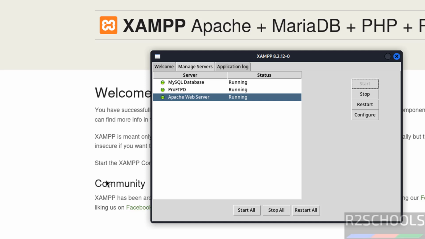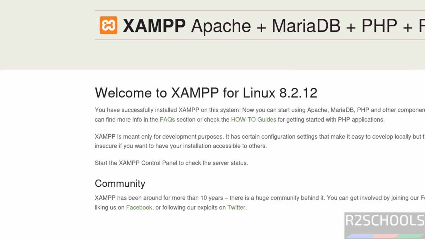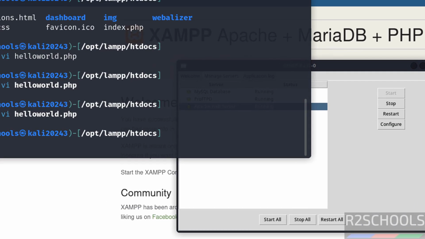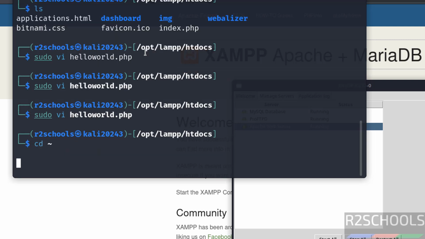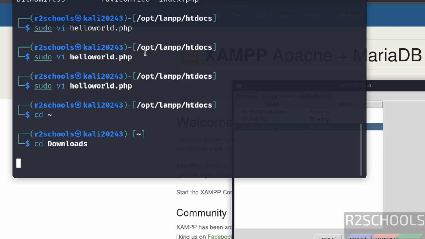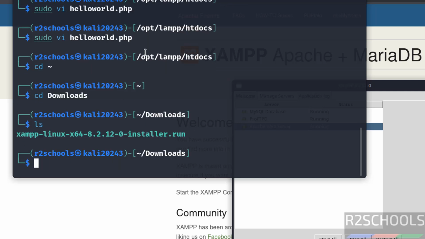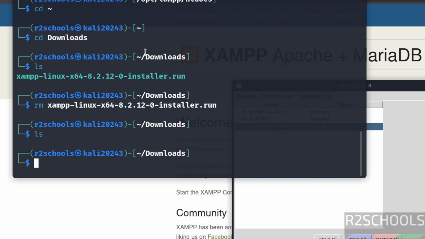Okay, so after this, go to terminal, go to the downloads directory, cd Downloads, ls, and remove this XAMPP run file, it is not required anymore. Okay, ls. Okay, so in this video we have seen how to download, install and configure XAMPP 8.2.12 on Kali